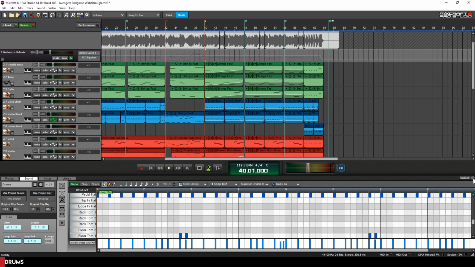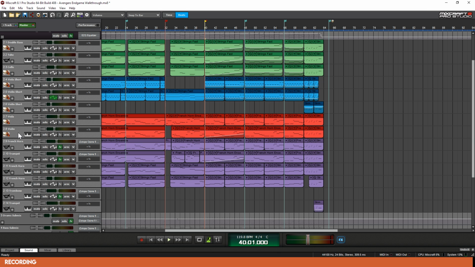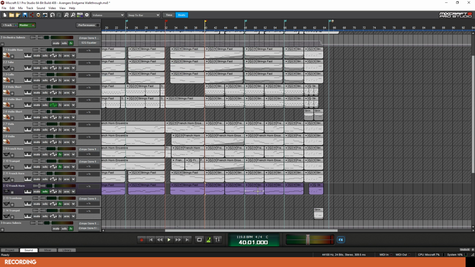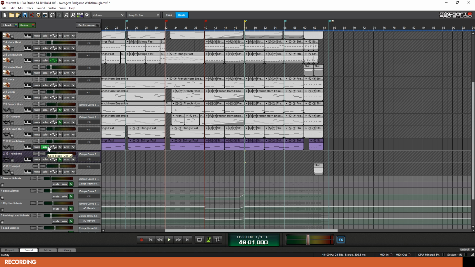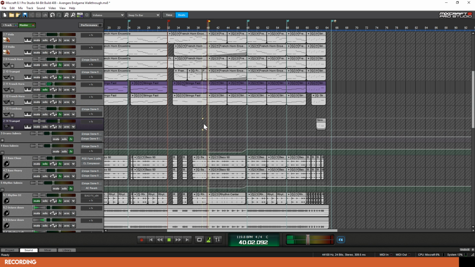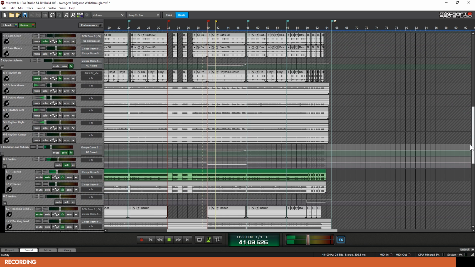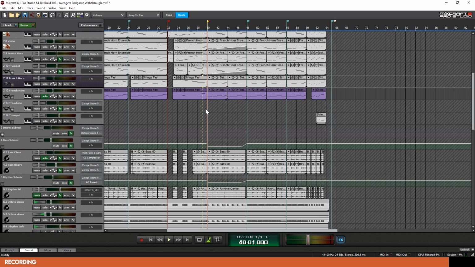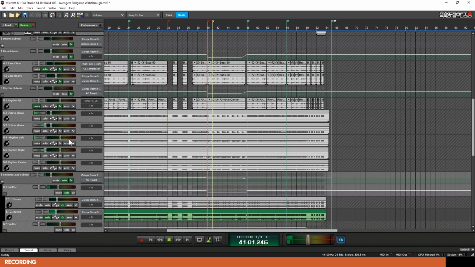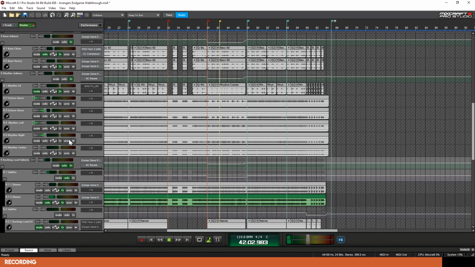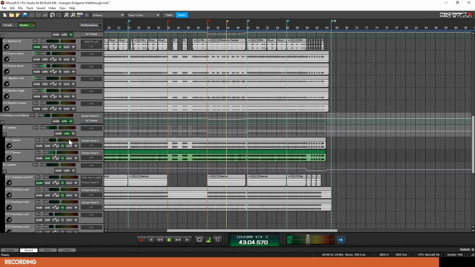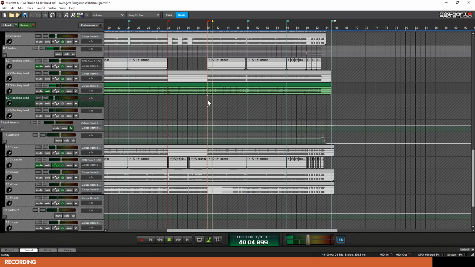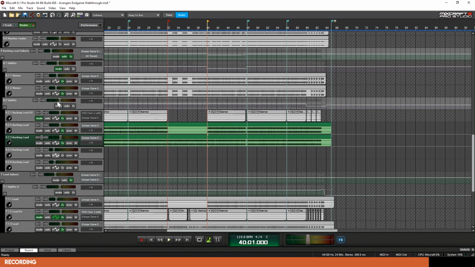So after I've roughly programmed the drums, I do the rough recordings. And to do the rough recordings, all I do is go back to my orchestra track, I solo one of these tracks. So all I have to do is just play along to each of these individual tracks. So if I solo any of these, I have another track here. Again, I have one more track down here. So once I have that all done,